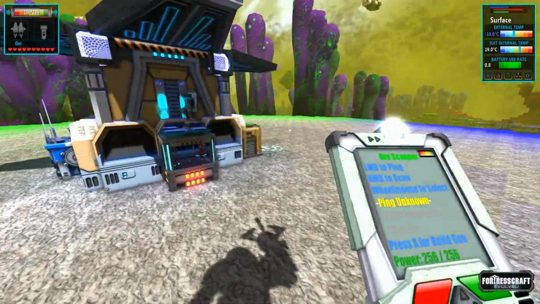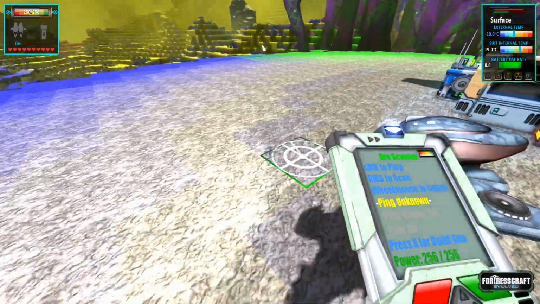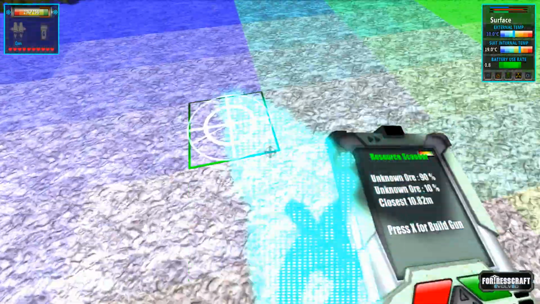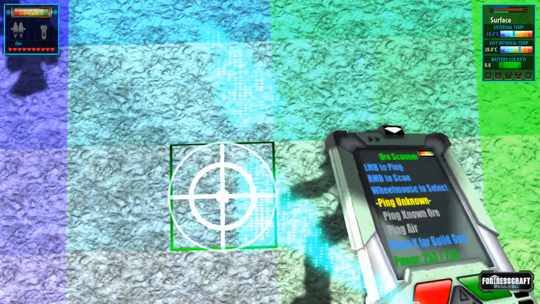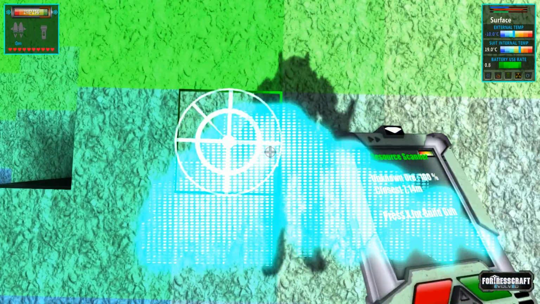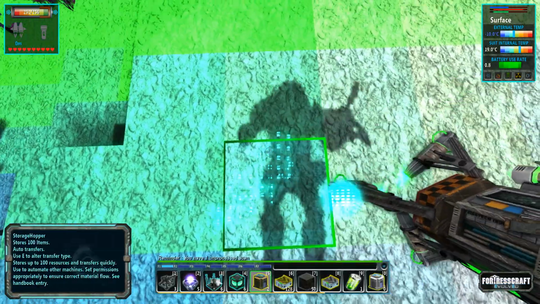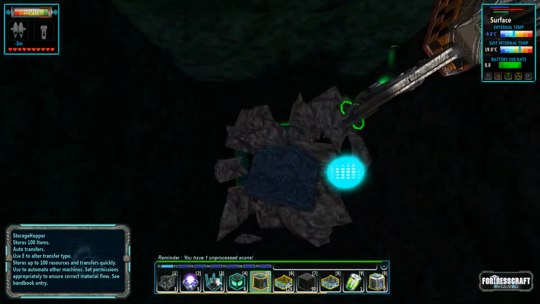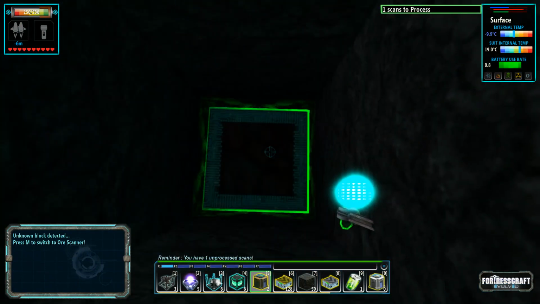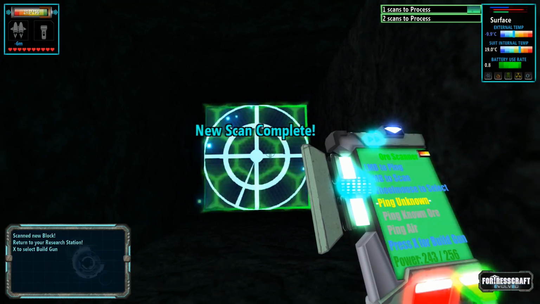This ore smelter over here, this guy, is pretty good at the start of the game. So anyway, let's get down to it. So, the main part of the game is finding stuff to smelt. Finding ore. So this seems like pretty decent. Right where I'm standing is pretty decent. So we're going to be digging a lot of holes in this game. There we go. Use an ore extractor. Unknown block detected. Thank God we didn't get into the freaking...